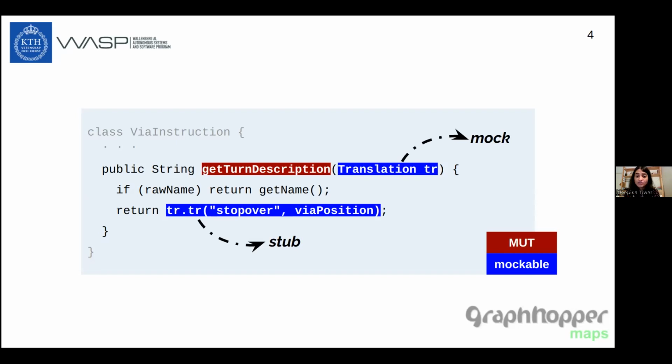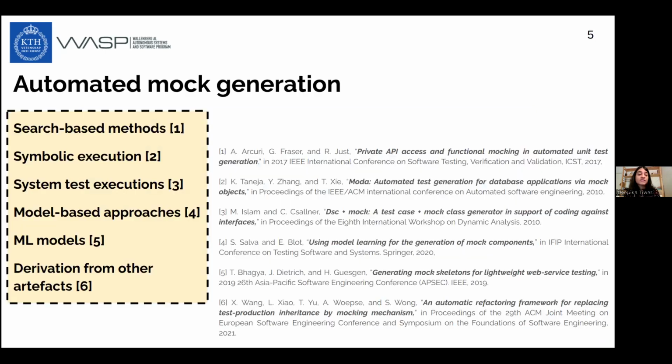However, it's also challenging because developers would first have to identify what can be mocked and also how the mocks should be stubbed. So that is how their behavior is to be defined within the test. And for this reason, there have been several techniques proposed in the literature to automatically generate mocks. For example, mocks can be generated through search-based methods and also symbolic executions, and mocks can also be derived from systemic test executions. However, while these techniques are very useful, the mocks that they generate are not guaranteed to reflect